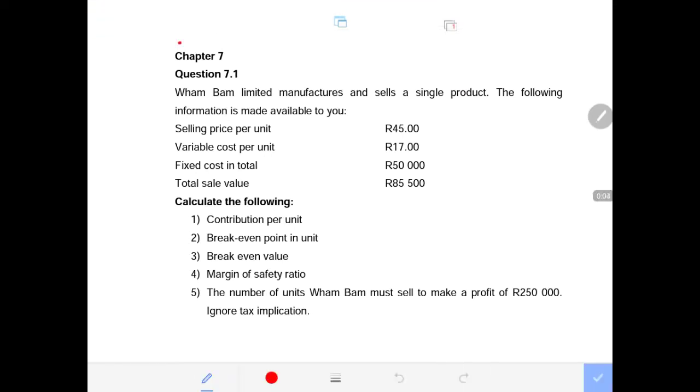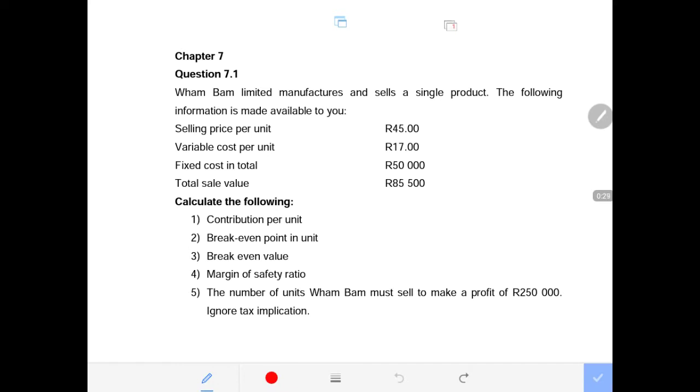Chapter 7 in Cost and Management Accounting is the focus for today. Chapter 7, this 7.1 question that I'll be recording is very basic, but it goes to the basics and the foundation of this chapter. However, in the exams or assessments, there will normally be more information provided, and